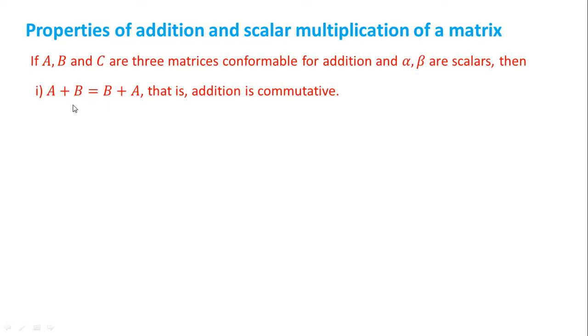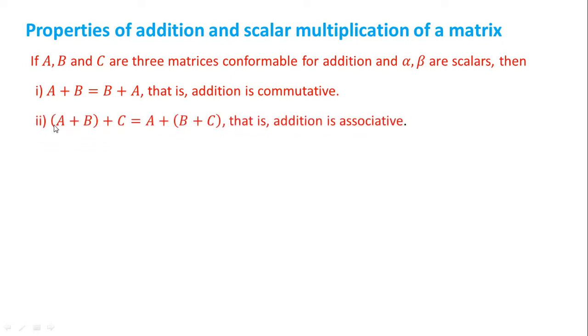You will take just a simple example to get this clear idea about this. Okay, so see here. The second property is, suppose there are three matrices A, B, and C. If you take A plus B first and then add C, it is the same as if you take B plus C first and then add A. Both procedures are equal. So addition is associative. This is called the associative property. So addition is possible like this.